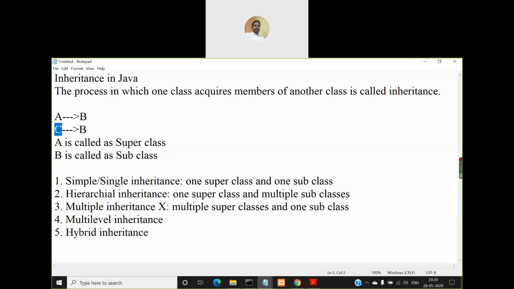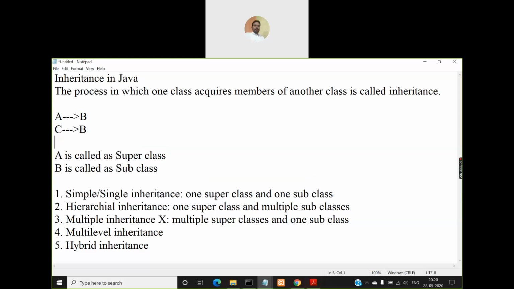In that way, you can have any number of superclasses, but there must be only one subclass. You can even have a D like this, and then this also inherits its properties to class B. So that means a single class B is acquiring members of three different classes A, C and D, right?